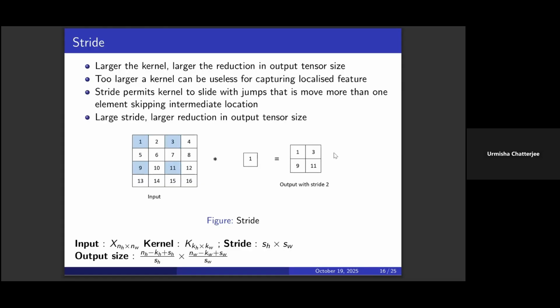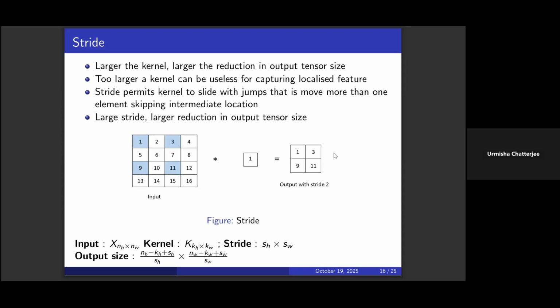There is another thing which is stride. If we look at the opposite picture, where we have very high resolution images, in that case, of course, we will prefer to reduce the output size as drastically as possible. And to do that, we can use large kernels. But using large kernels may not be beneficial if there are very localized features. You won't be able to capture them with very large kernels. So now the problem is you have a large size image, you want to reduce it to a smaller size image, but you can't by using large kernels. So the alternative is to use stride.